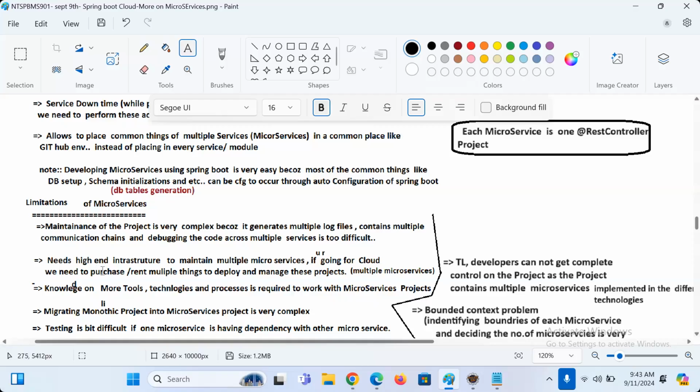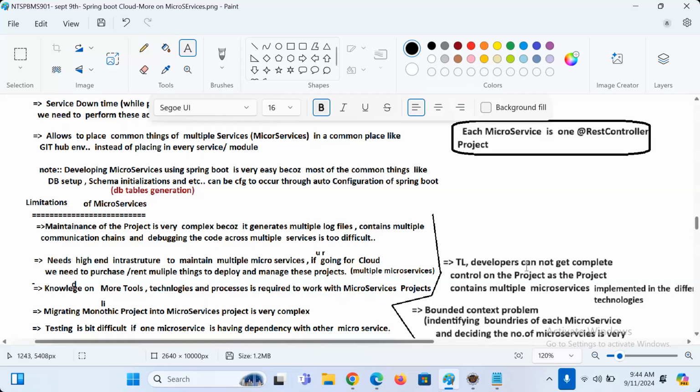Needs a high-end infrastructure to maintain multiple microservices. If we are going for cloud, we need to purchase or rent multiple things to deploy and manage these projects. Are you understanding my statement, guys? Knowledge of more tools, technologies, and processes is required to work with microservice architecture projects.